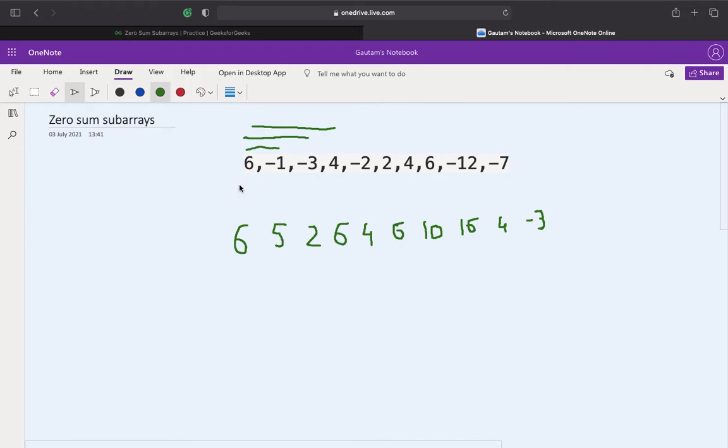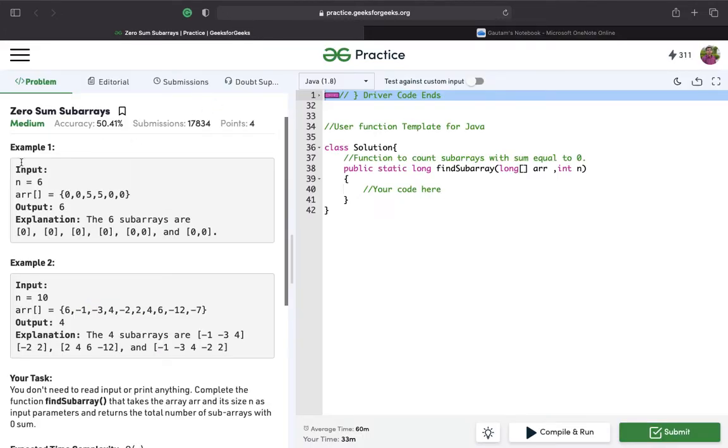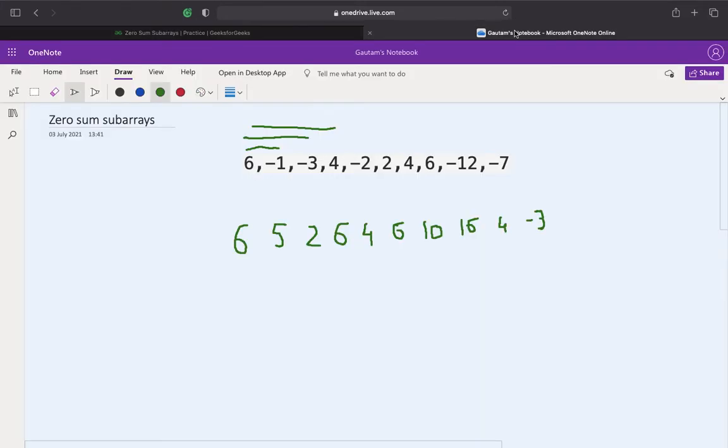So now how am I going to solve the actual question, which is to find the count of the subarrays whose sum is equal to 0? That's easy. Why? Because what we'll do is check whether the elements in this prefix sum array are repeating. So for this case, yes, the elements are repeating. Let's say the 6 is repeating. So 6 is over here as well as over here.